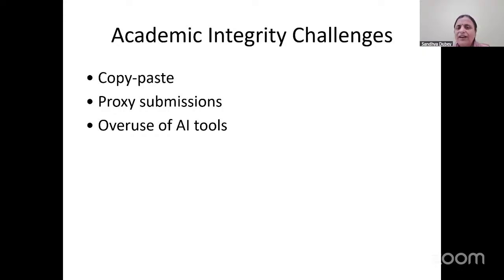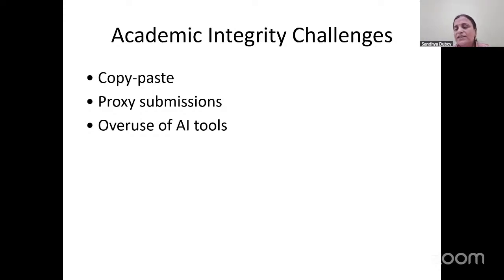And whatever difficulty you follow, since students are not in front of you, they may have multiple sources to get the answer, and instead of doing it by themselves, they will copy paste. That is one limitation.